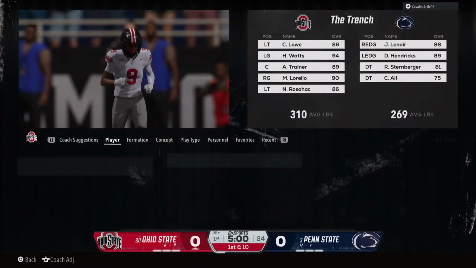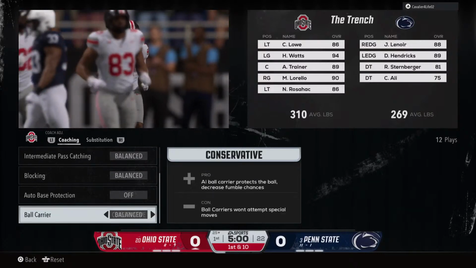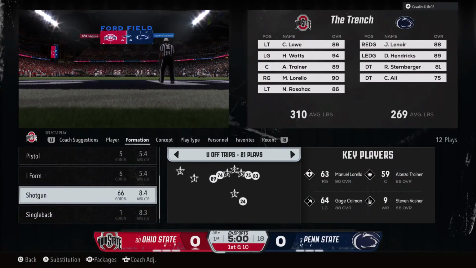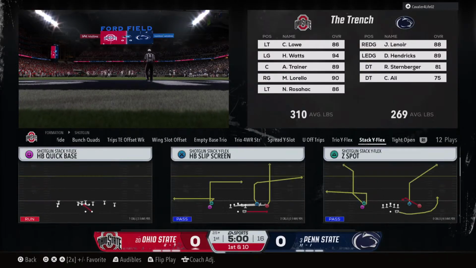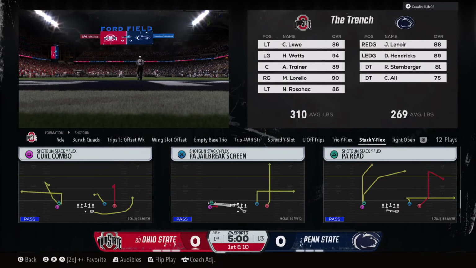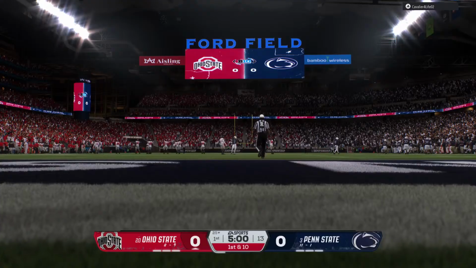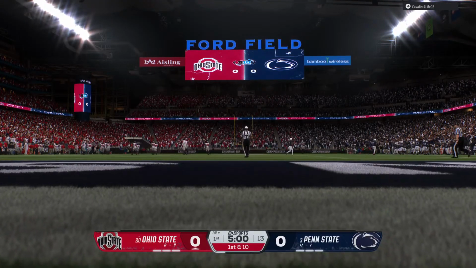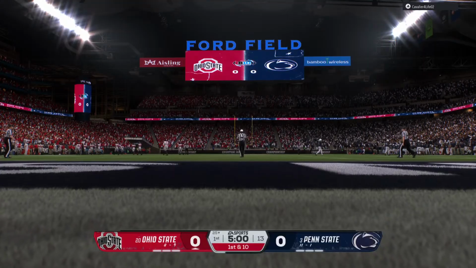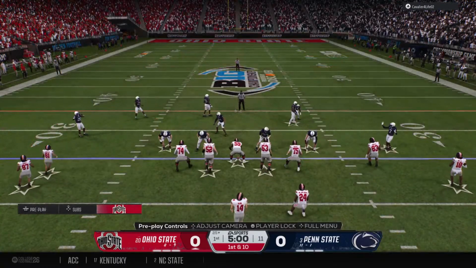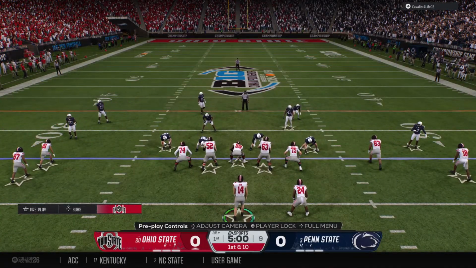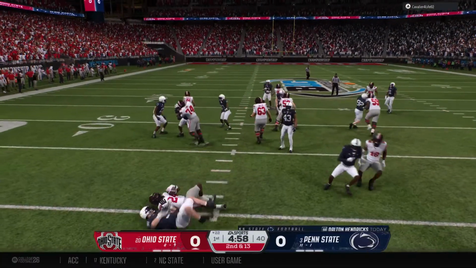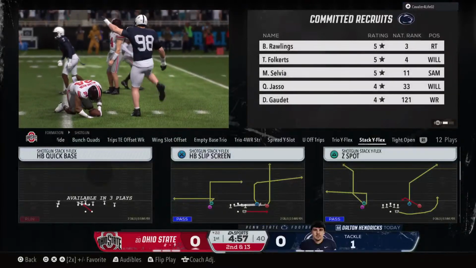No return attempted there. Tackled behind the line. It's a loss of 2.